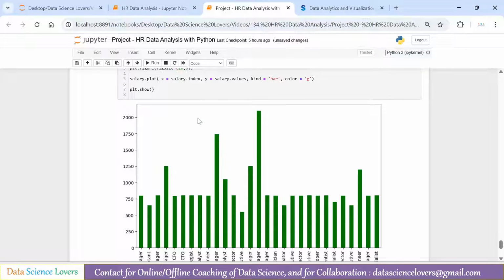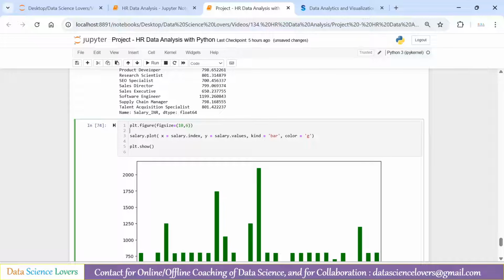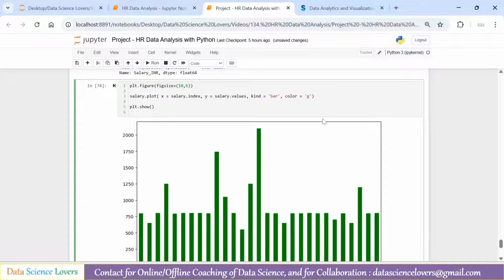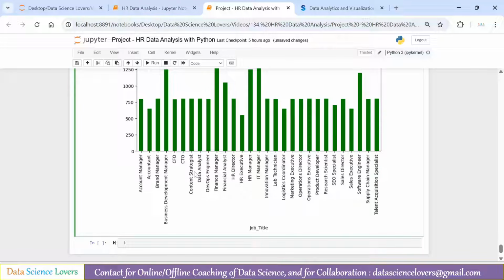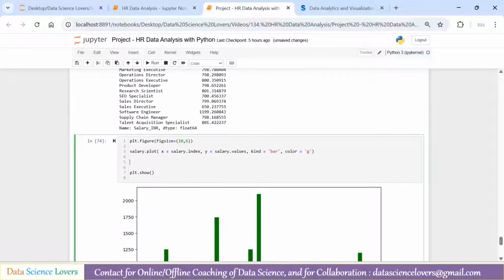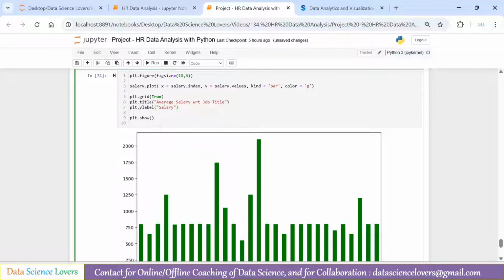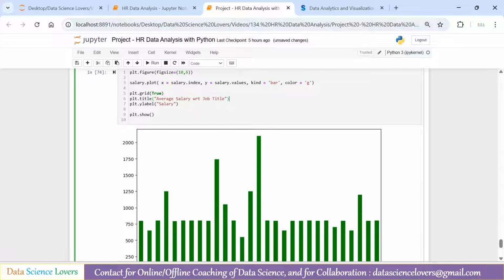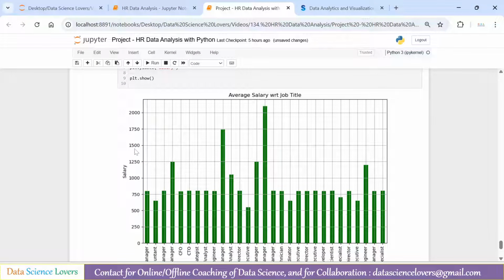Okay, now I am removing this line of code, we don't need it now. Okay, and we can also pass the title and y-axis label. On the x-axis we already have the job title mentioned like this. Here I have used the grid function to show the grid. Then we have given the title as average salary with respect to job title. On the y-axis we have set the y label, which is salary, and running this, this is our title, this is our